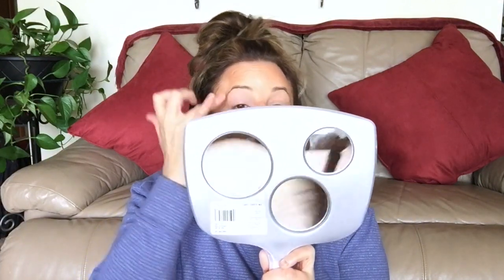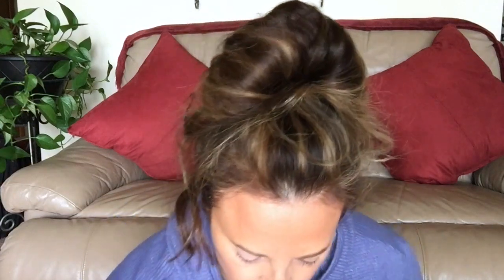So anyhow, I was going to use my Brulee by MAC, but I think what I'm going to try is this MAC Paint Pot Painterly. Like I said, I used to love purchasing MAC stuff, and I just haven't in a while. But I love this just as a base, because I don't use eyeshadow primer either. It almost acts like a corrector. It's not for that, but for me it almost acts like one to cancel out any darkening or blueness on my eyelids. So I put that on here,